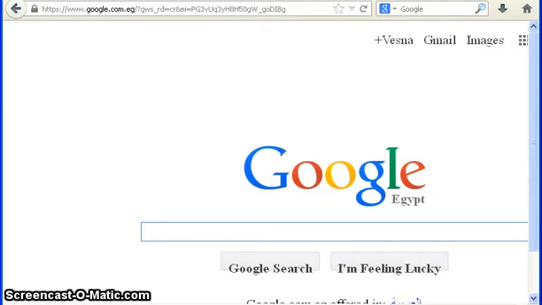Hi, here I'm gonna show you how to make a redirection of your SFI link via a Google account. You can make a redirection of your link through many things.